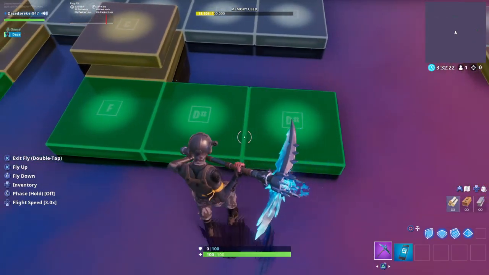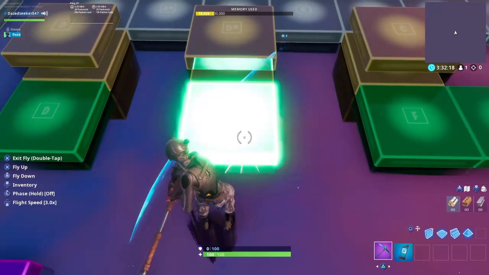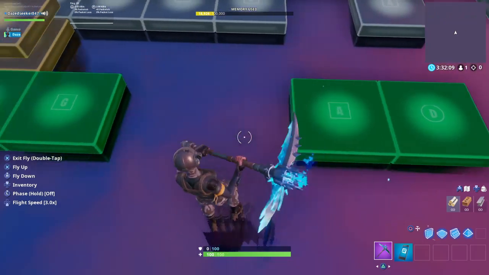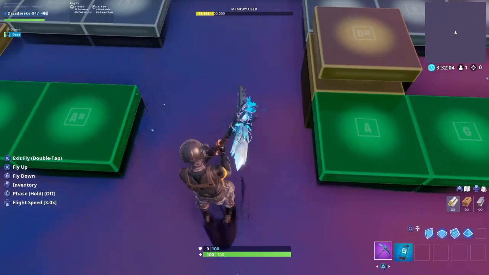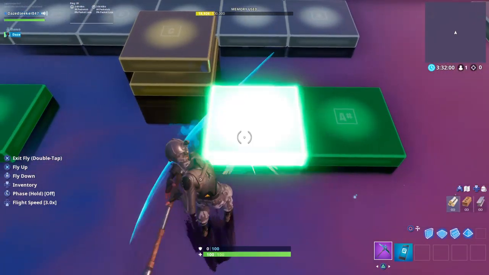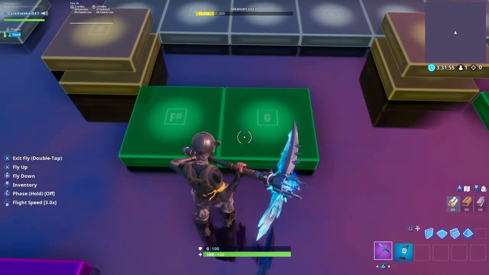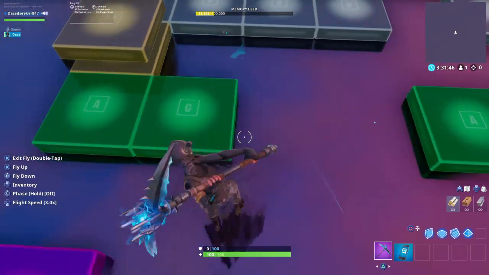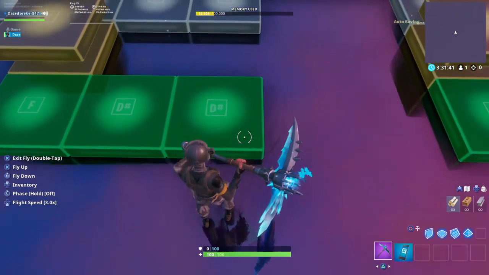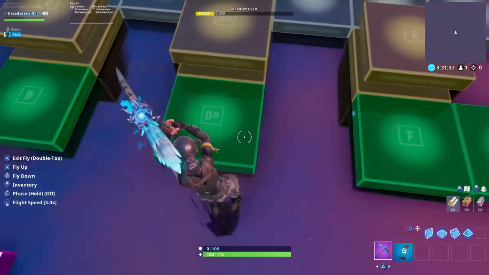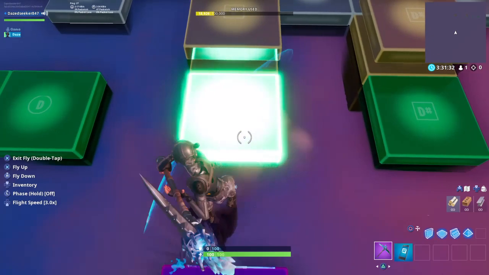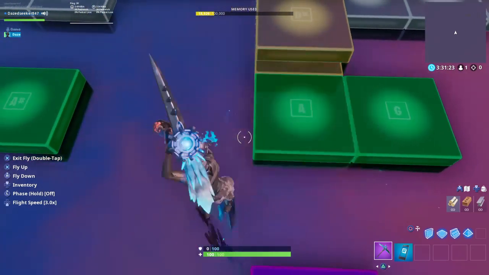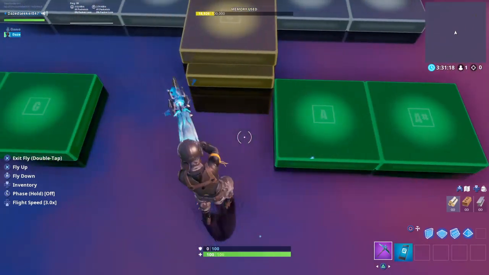2 block space, D sharp square, D sharp square, F square, 1 block space, D sharp square, 1 block space, D square, 1 block space, D circle, A square, 2 block space, G square, A square, 2 block space, A sharp square, A square, 2 block space,